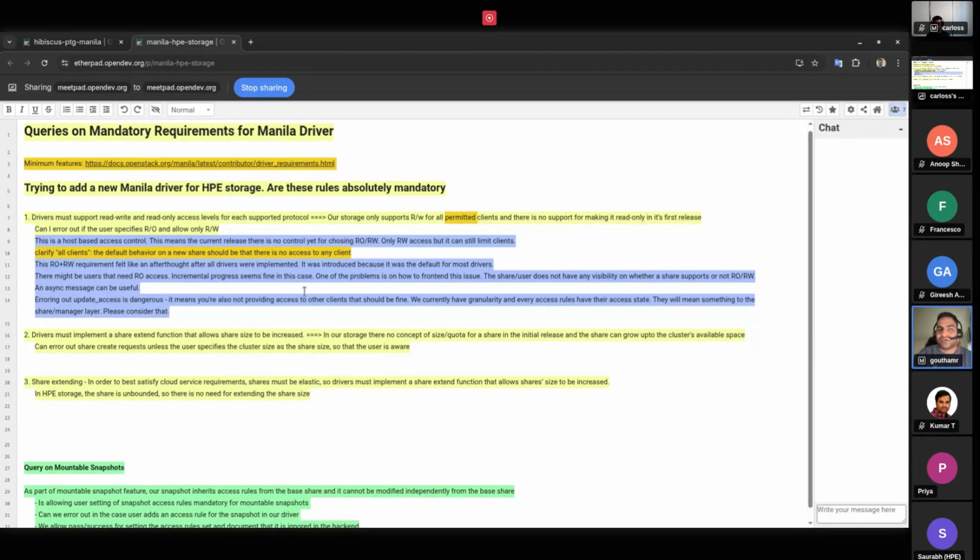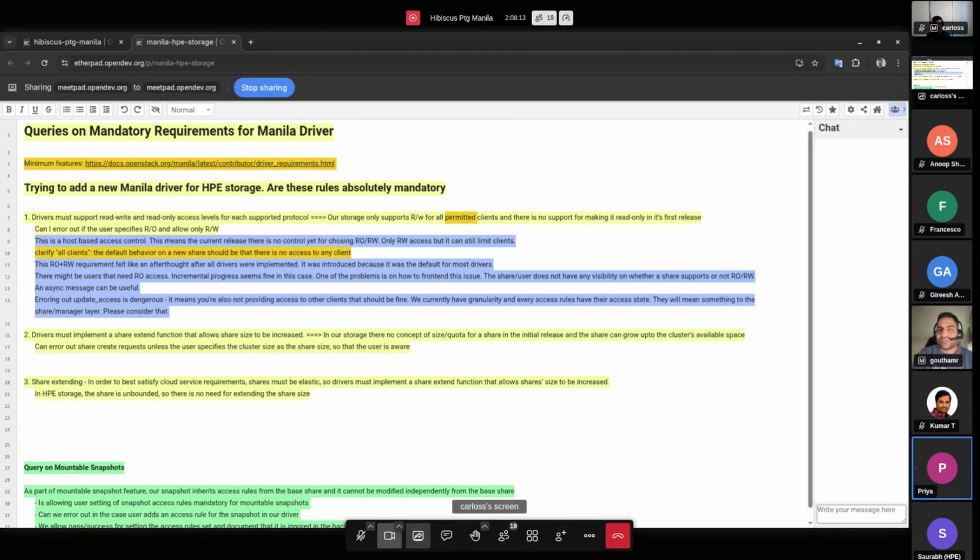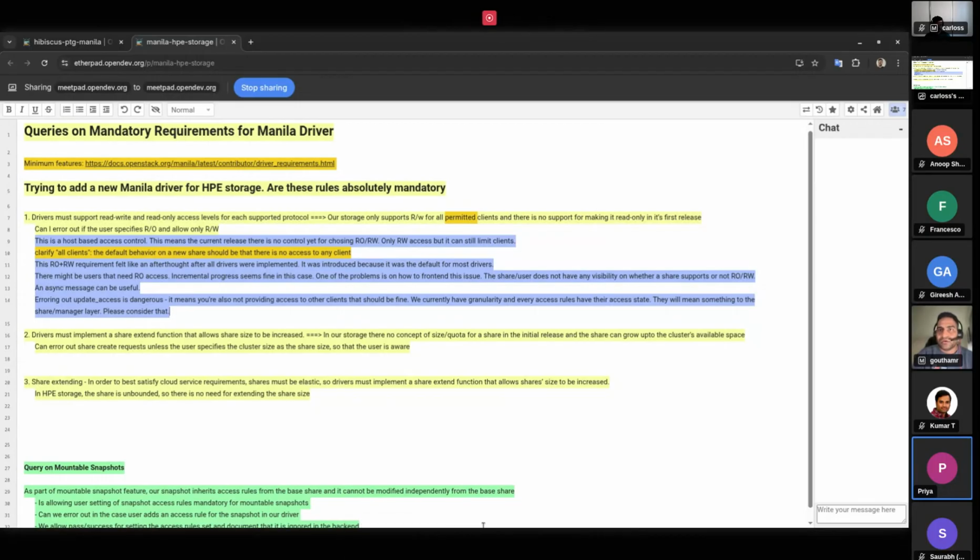Okay. So, is this a must ask, or can we just for now provide with this and in the subsequent release? Anyway, we have planned to provide this read-only access and other access permissions. So, for the H release, can we go ahead with this limitation, and then in the subsequent release, can we enhance this? I guess you're in a situation where you can't implement this, right? So as long as you document that properly,